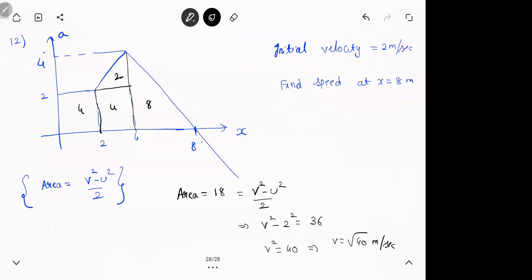So if you see, right till here we have done all the standard graphs like xt, vt, at, ax, and vx. Other than this, you get other types of questions also, like verbal based. Some situation is given and they'll ask you to draw a graph. We will see things like that also, a few more.